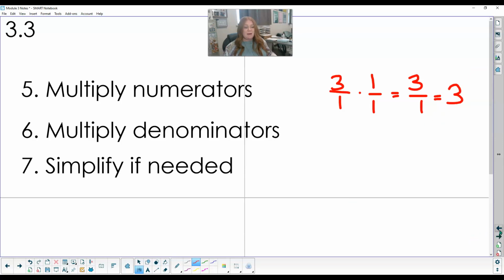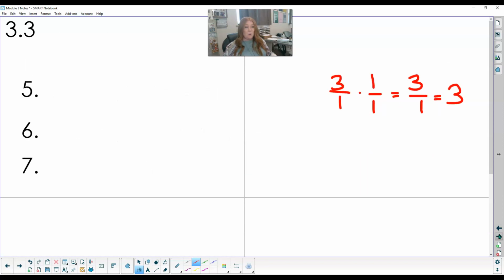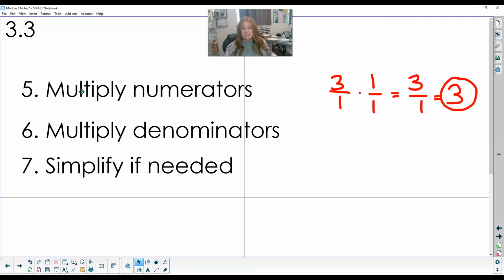So when I have 3 3/5 and I'm dividing it into 1 1/5 groups, I can make exactly 3 in every group. So go ahead and make sure you finish up your notes here, get all of the steps written down and examples, and